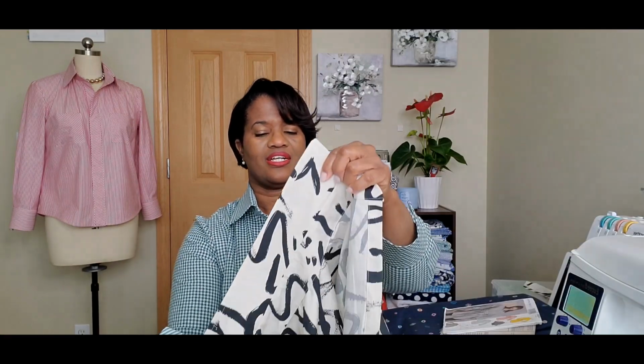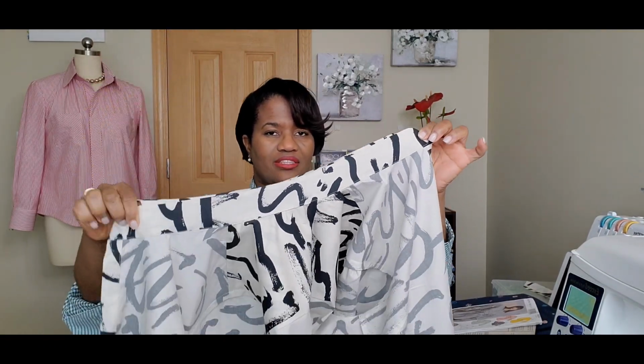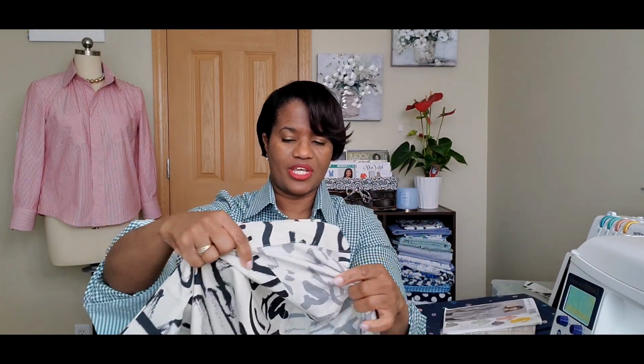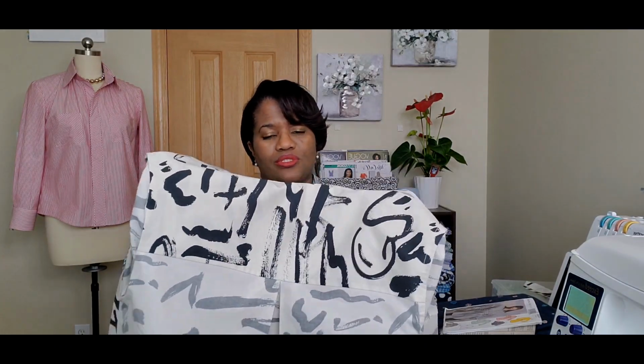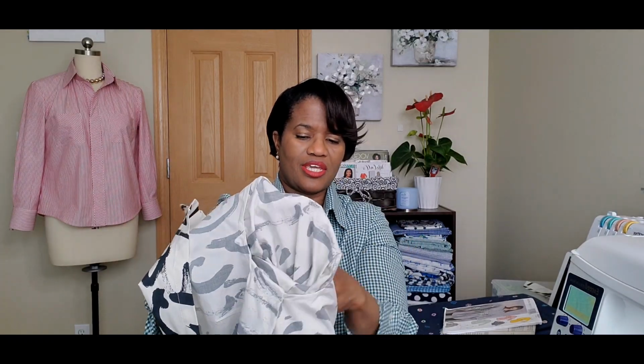So I used the collar stand from something else too, because I extended it. The collar stand had to be a bit longer for what I did, and because I changed the collar stand, naturally I'd have to change the collar. So I used the collar from a different pattern, lengthened the collar stand, and then just created it as I wanted. So on the insides again, I used 2 yokes, one on the inside, one on the outside. I just do 2. Cleaner finish, tried and true, French on the insides,